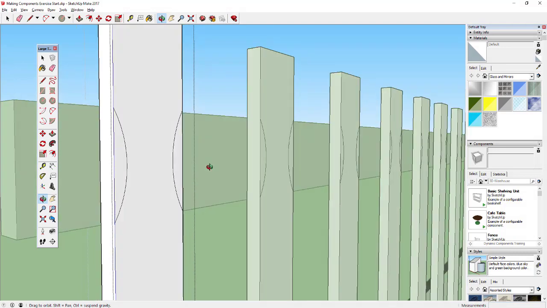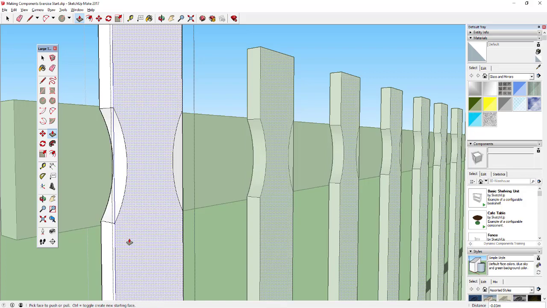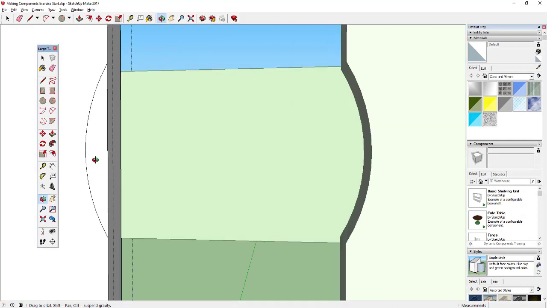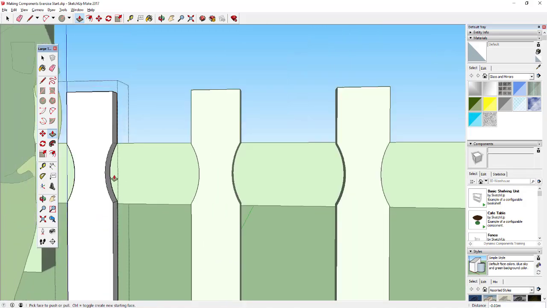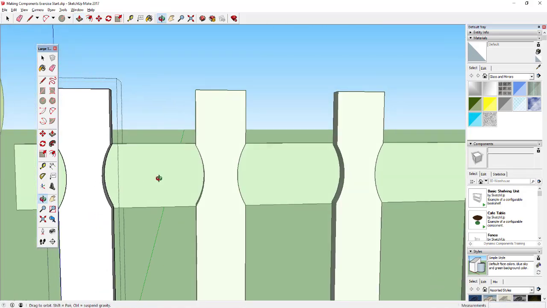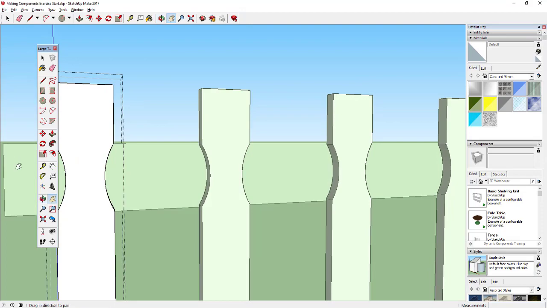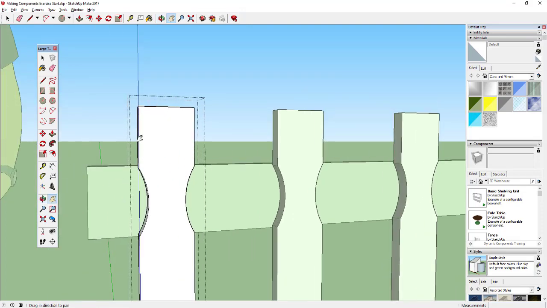So like I said, we're not going to delete it. What we do is, we are going to delete it, but we delete it by pushing this shape in until it disappears. Okay, and then you do the same on this side. So we click on the shape, we click push, and we push it in until it touches this side, and then it disappears, and then we've got that. And what we're going to do now is we're going to do exactly the same here at the top of our